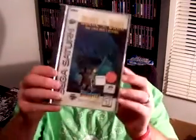I kept this stack. One of these is empty, which was a bummer because it's the one I really wanted to get the most. Not the most valuable, but it's one I really wanted. So we got Tomb Raider. And all of these have the manual and the game, just no styrofoam or foam insert. And the games are not in the greatest condition, like the cases, which these Saturn cases never are. But we got Alone in the Dark, One-Eyed Jack's Revenge,